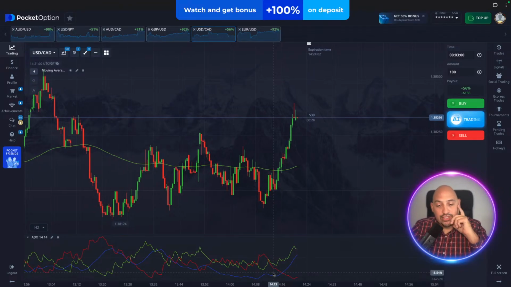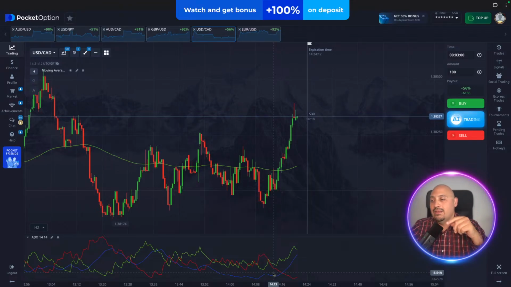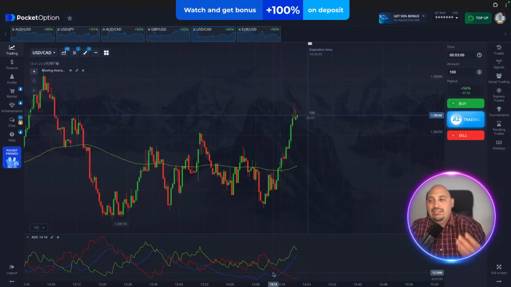Here I have the Gold Child D. I never used it because I never understood it. I used the marker and moving averages. Of course, by all means, guys, you can use whatever works best for you. This does not mean that because I'm explaining how the ADX works, it's something you have to use. In order to become more successful, you have to play around and see what works best